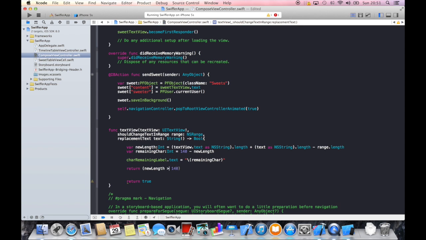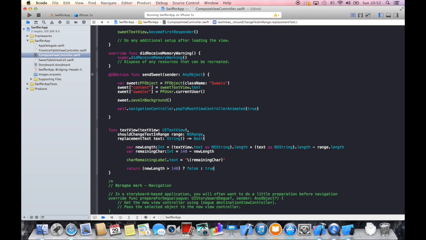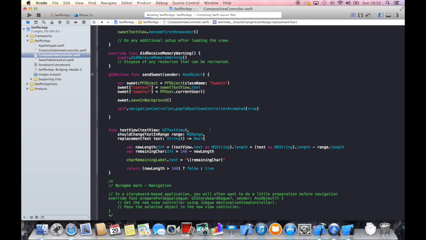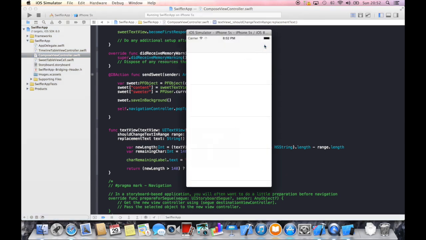So if new length is greater than 140, then we will return false, so you are not allowed anymore to change the text in range. If not, let's say true. So if there are less than 140 characters, return true and allow that text in range to be editable. And if we now run this, you will see that when we click plus